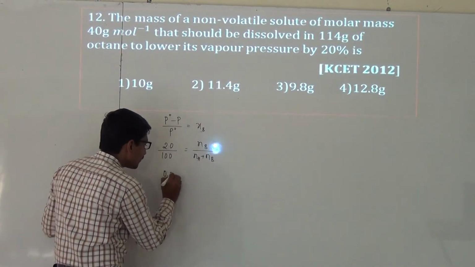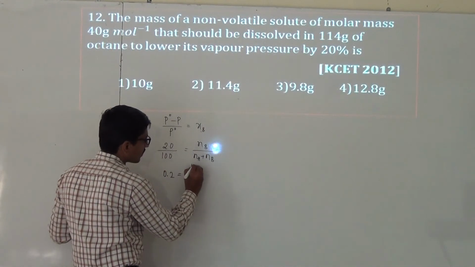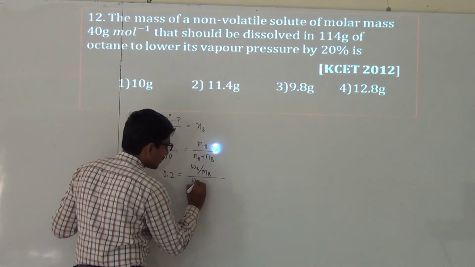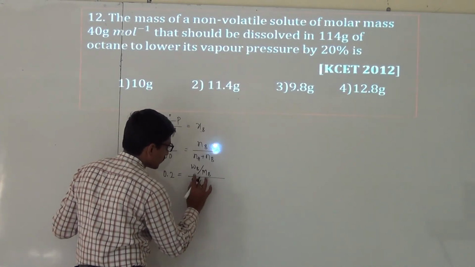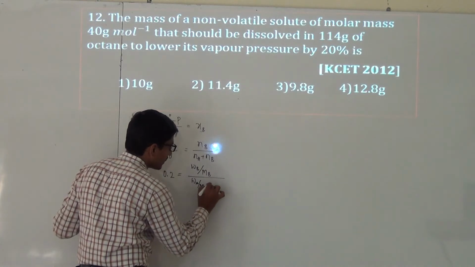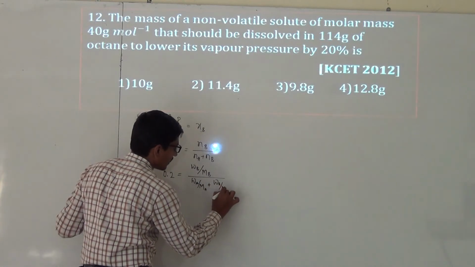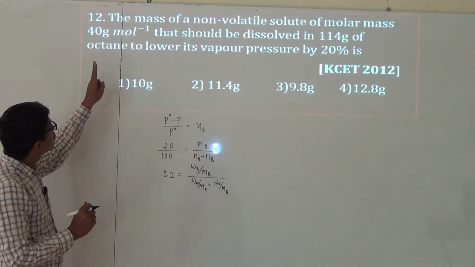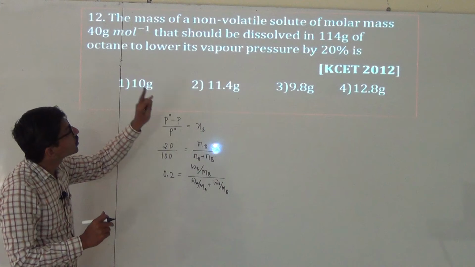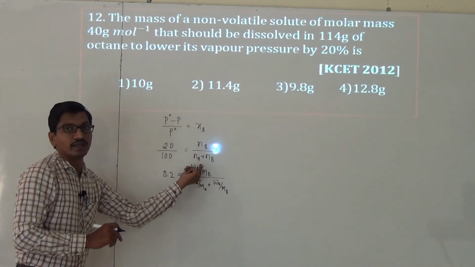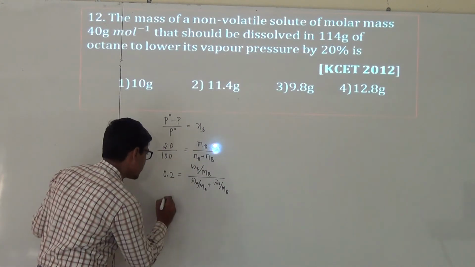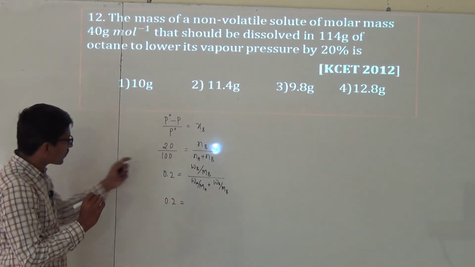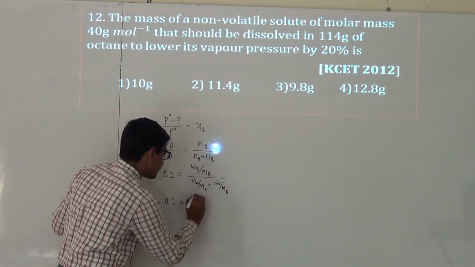0.2 is equal to (WB by MB) divided by (WA by MA plus WB by MB). In the question, we have to calculate WB, the mass of the non-volatile solute. Here, 0.2 is equal to... the molar mass of the non-volatile solute is 40